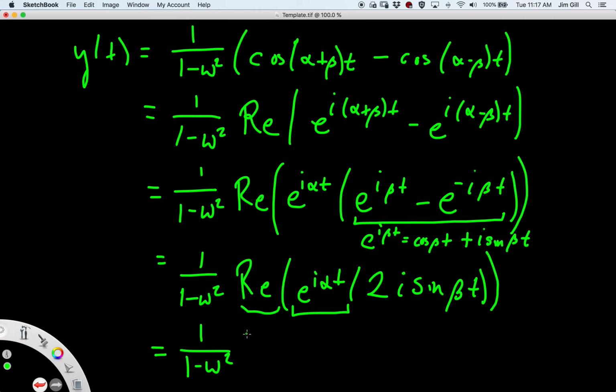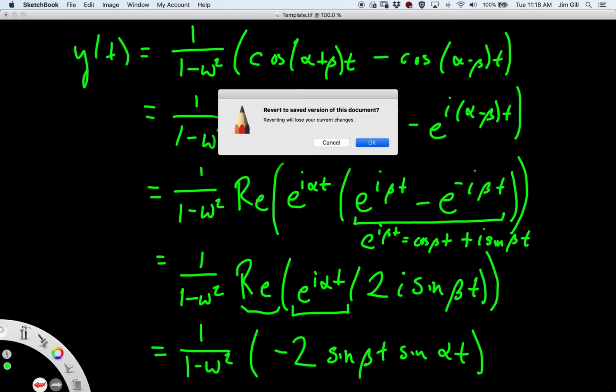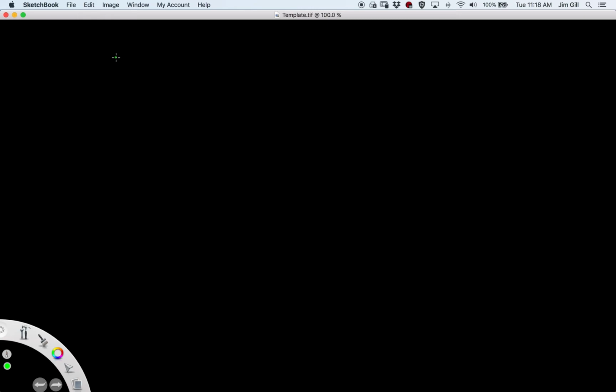So really what we're going to get out of this is negative 2 sine beta t sine alpha t. Okay, and let's take the 2 out. We'll go on one more page here and rewrite this as 2 over omega squared minus 1